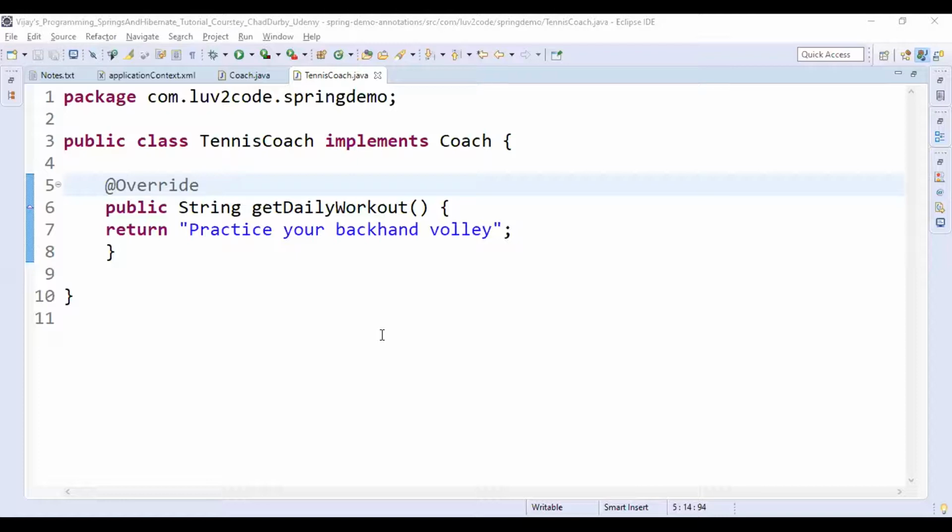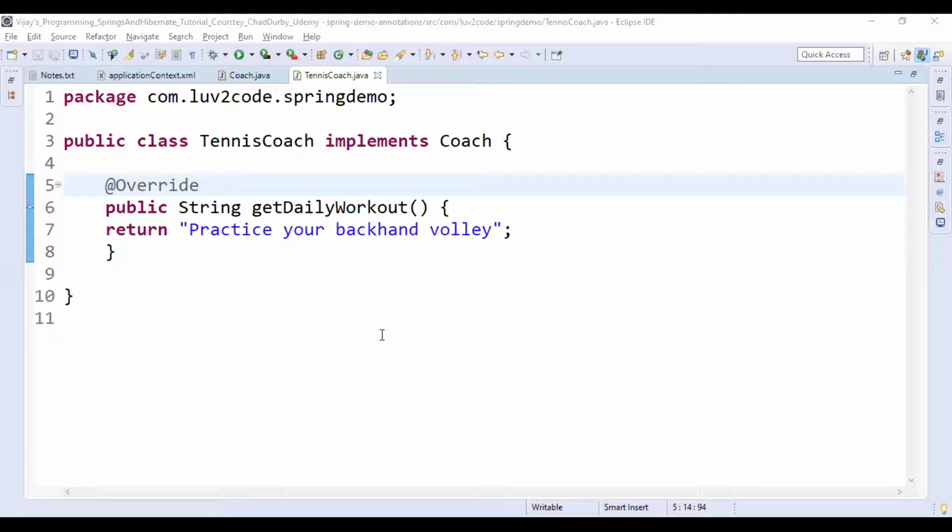In the case of very large projects, normal XML configuration is not at all recommended.